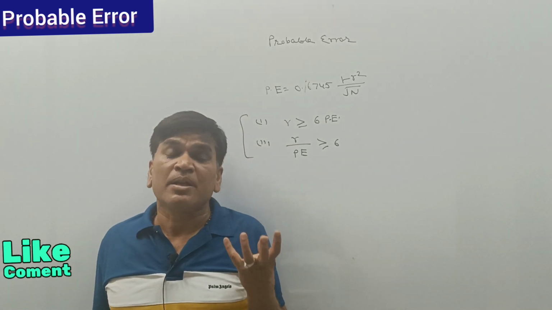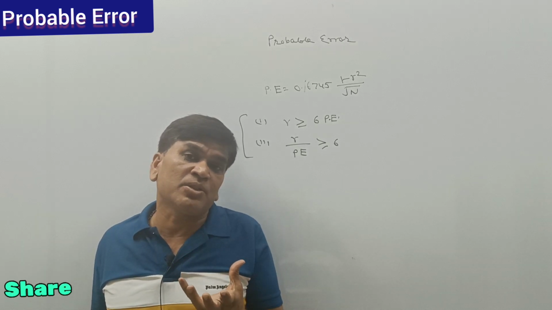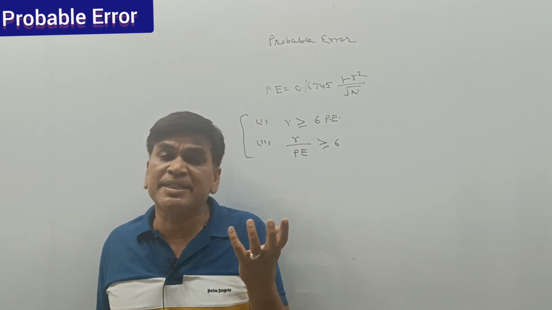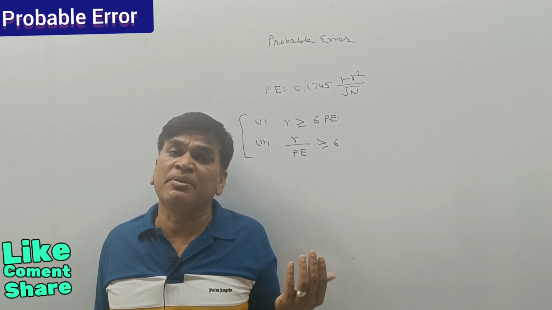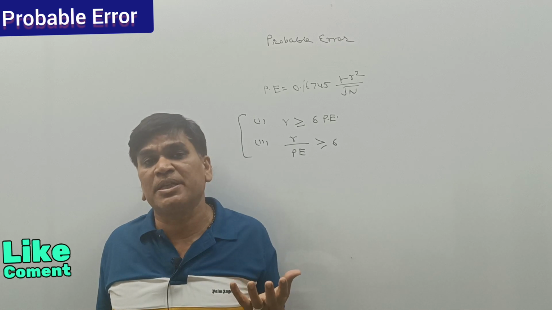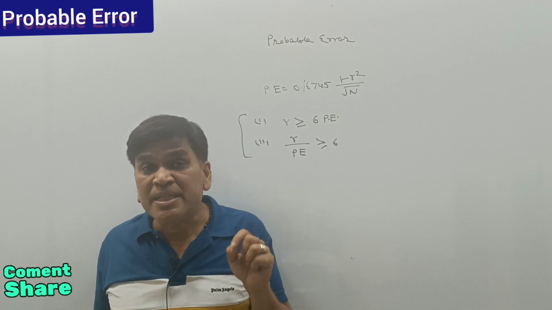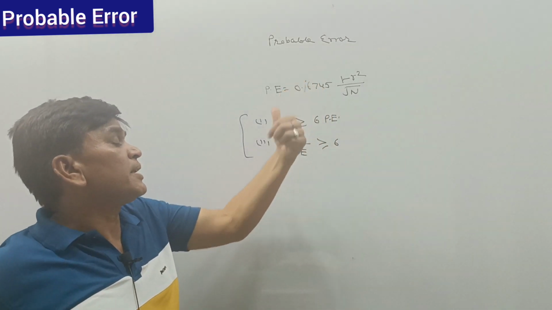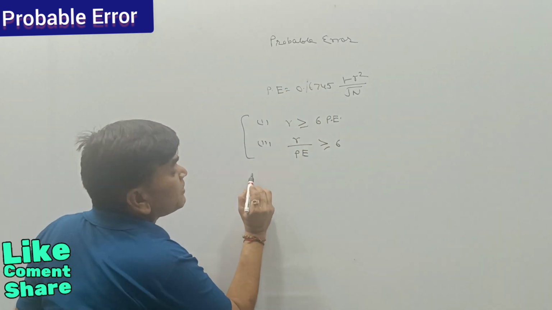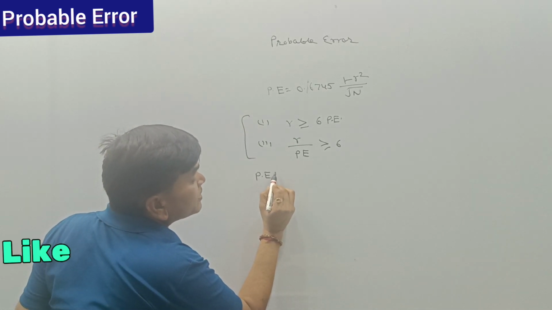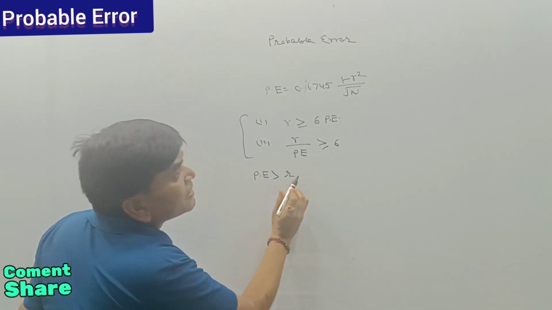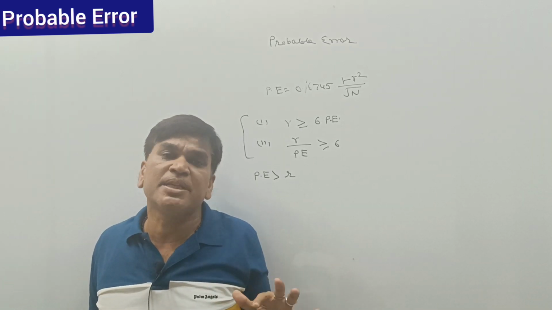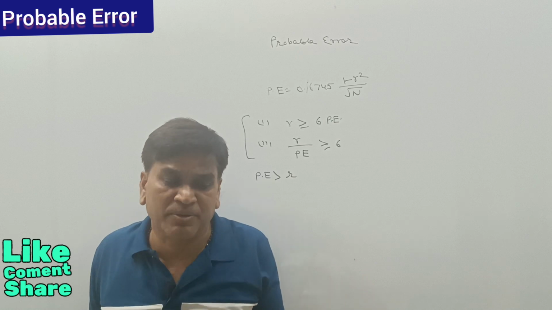It means if two series are given and we calculate correlation, every time we will get a result of the correlation between -1 and +1, but whether that correlation has significance or not, for that we have to calculate the probable error. Sometimes, if PE is greater than R, then we will say there is an absence of correlation. It means there is no correlation in the series.